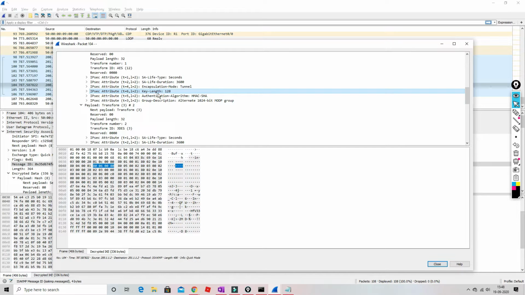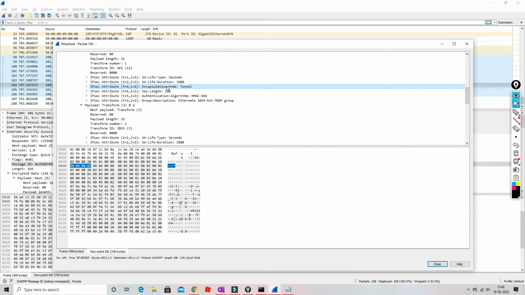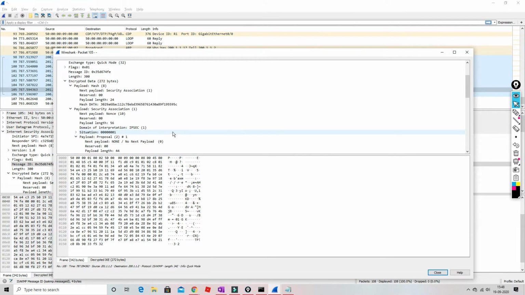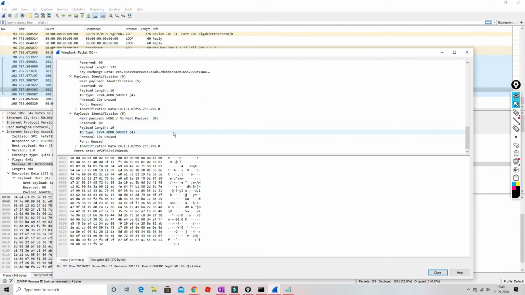And this negotiation is only for the data, not for the key exchange. The first phase is for key exchange and the phase 2 is for data exchange. So when the VPN traffic is sent by a VPN device, how the data should be, it should be defined in this authentication or group or encapsulation mode, like that. So now you will be able to see what is inside that.